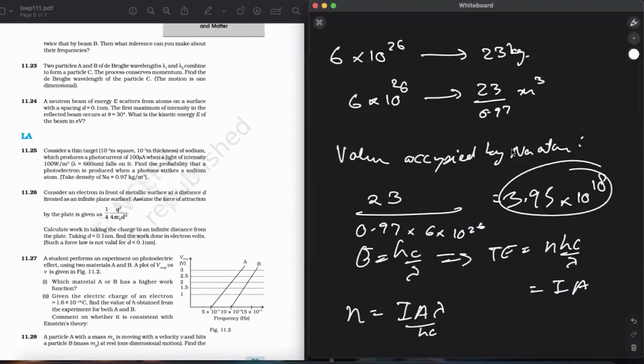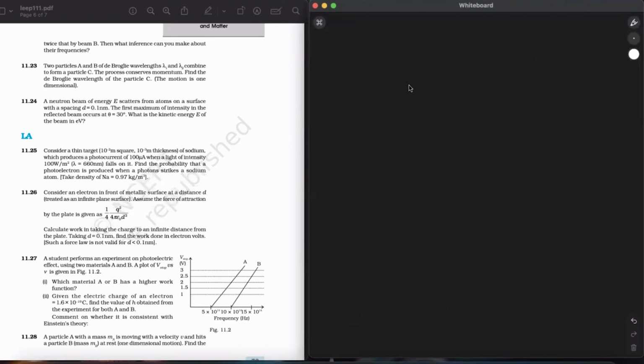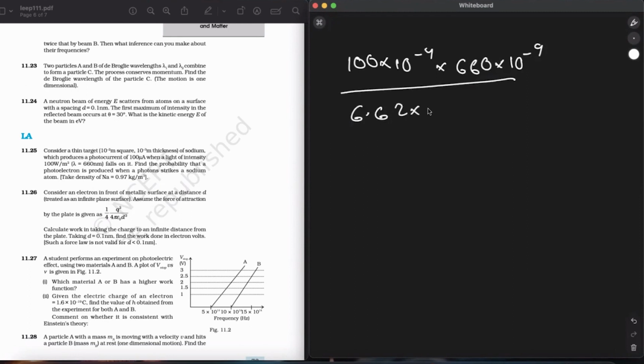So put in the values over here. So when putting in the values, what will I have? I, intensity, 660 into 10 raised to the power of minus 9, divided by 6.62 into 10 raised to the power of minus 34 into 3 into 10 raised to the power of 8. So this will come out as